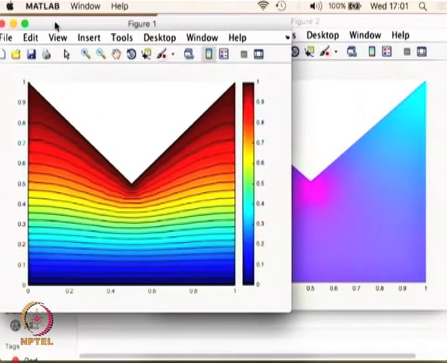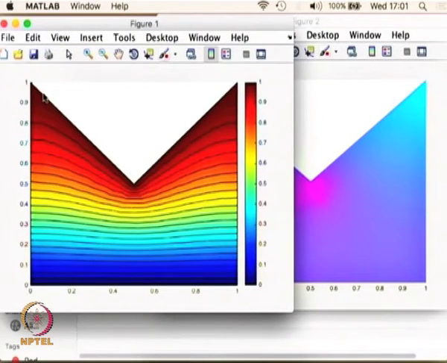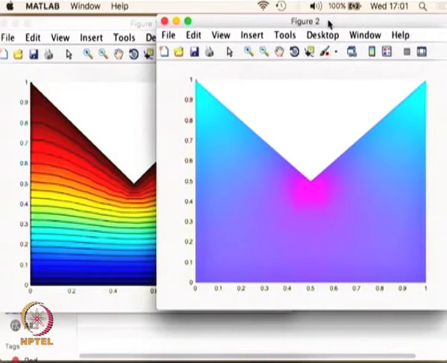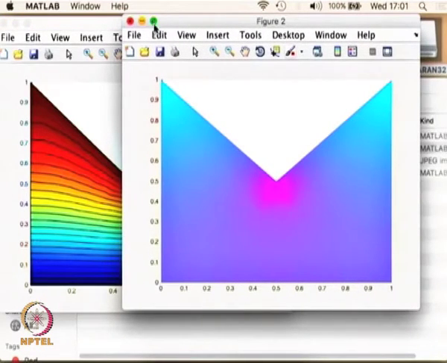So the first one is the potential. What we see is the top plate, the conical plate on the top, is having 1 volt, and then we see that the bottom plate has 0, and we see that the equipotential lines are no longer straight. Closer to the conical plate it is going through a curve, whereas at the bottom plate it comes to a straight line. And what is also interesting to see is the electric field itself. What you see here as electric field,